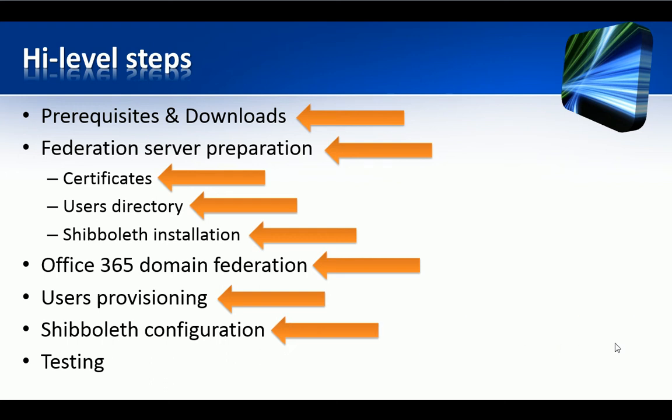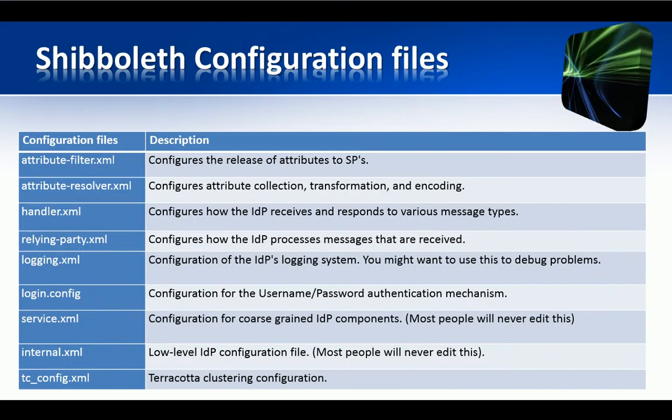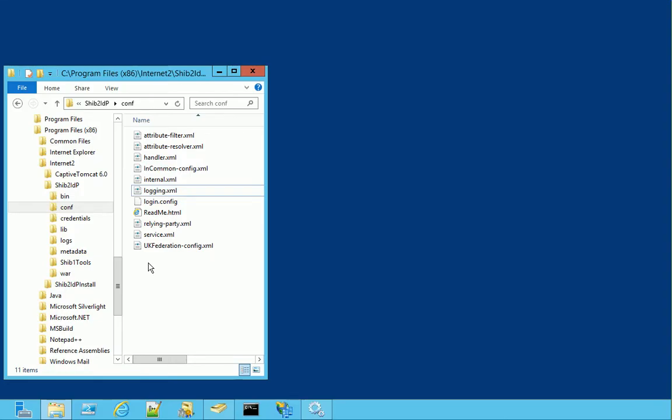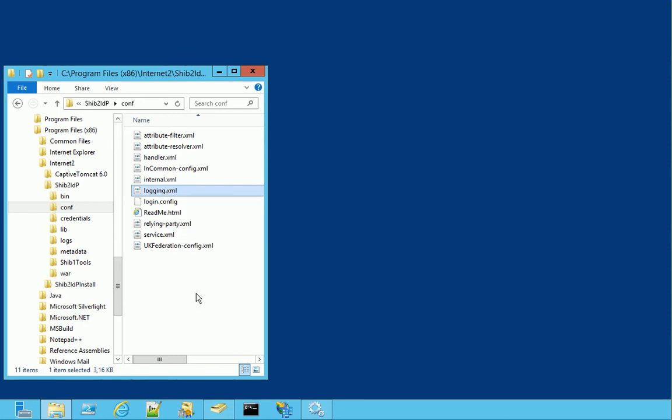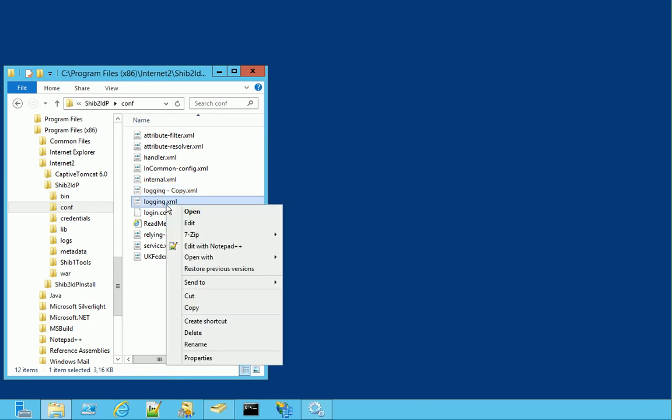Now the fun begins. So far I presented the scenario, the prerequisites, and I explained how federation and provisioning work. What we need to do now is to configure Shibboleth, editing some of the Shibboleth configuration files. First of all, we activate Shibboleth login on login.xml. I create a backup copy of login.xml in case we need to restore the initial settings. Then I edit login.xml